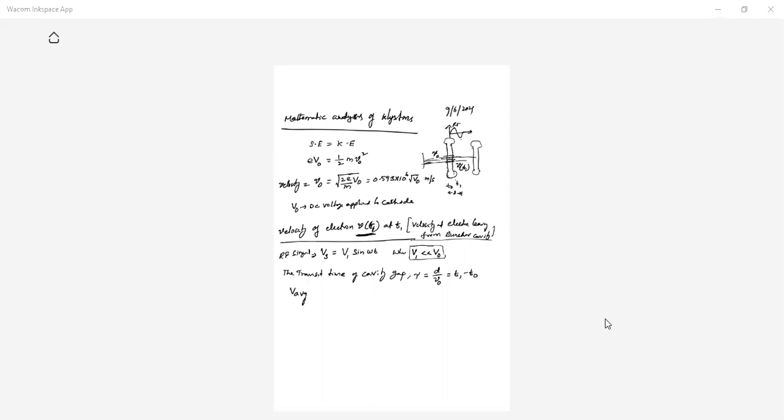So V average, the average voltage in the gap of the cavity, is equal to 1 by tau integral from T0 to T1 of our RF signal, V1 sin